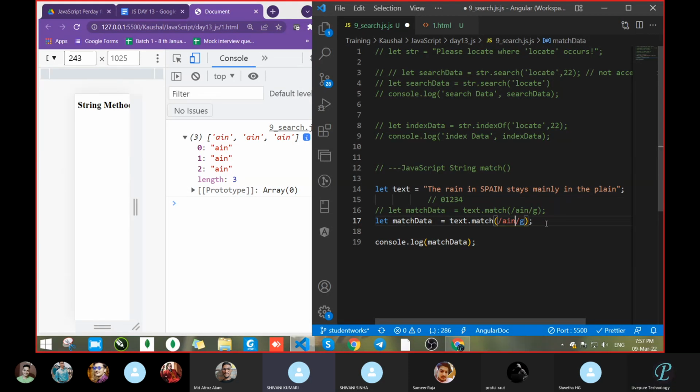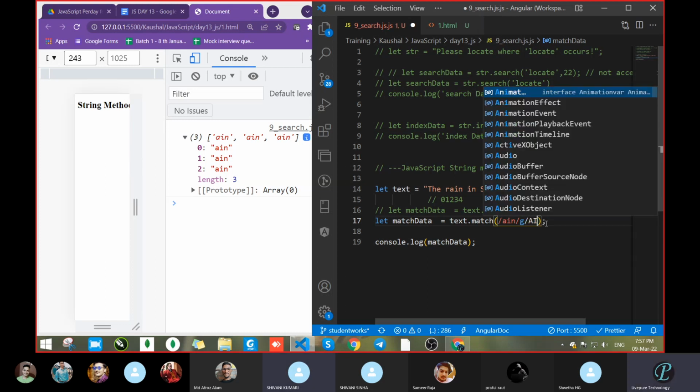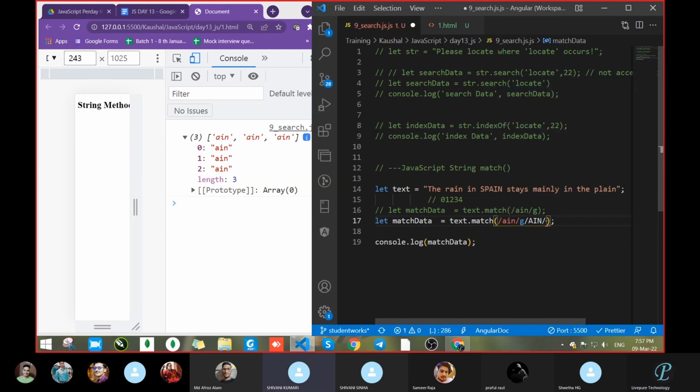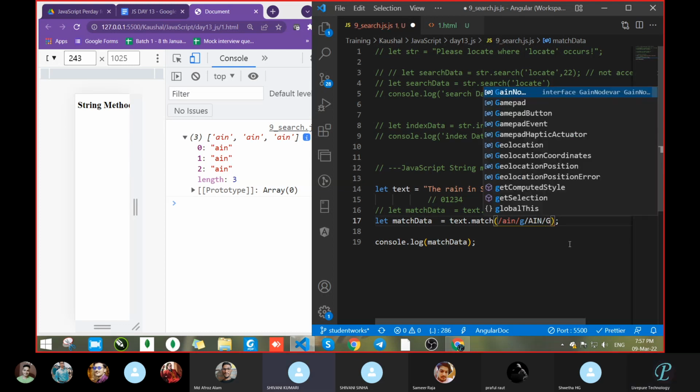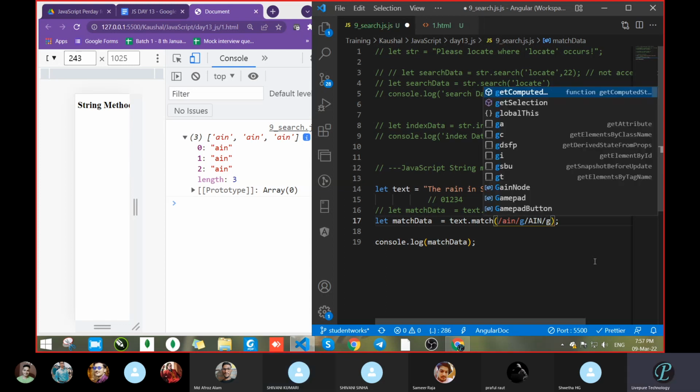Inside match, after G, make it again: backslash, write AIN in capital, A-I-N, again backslash, G.